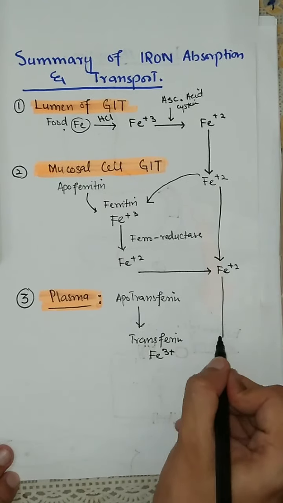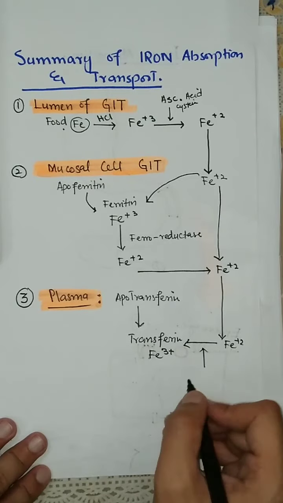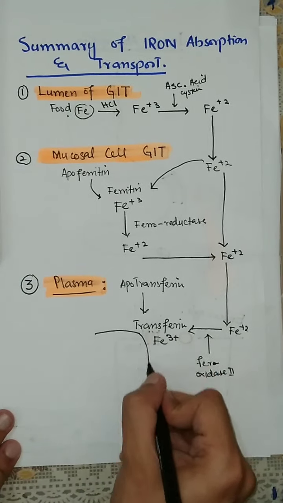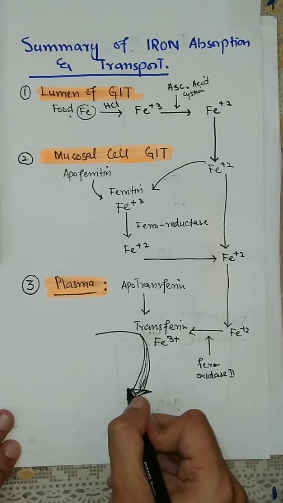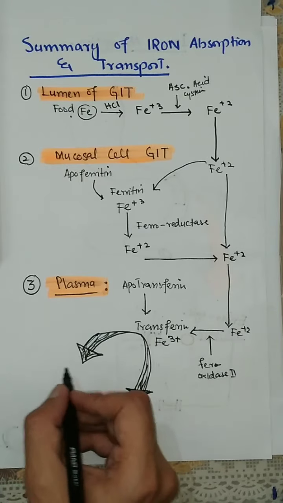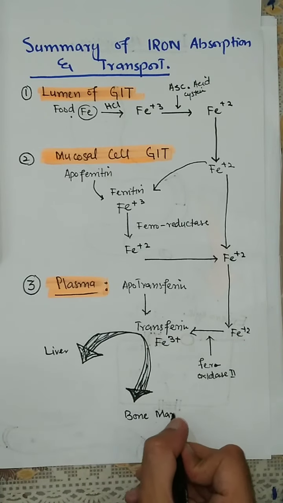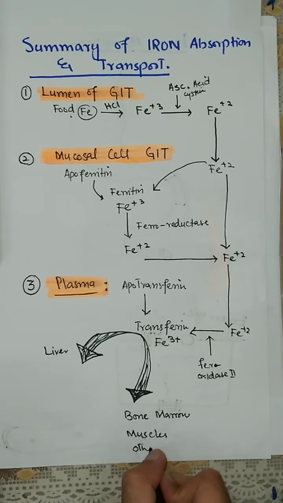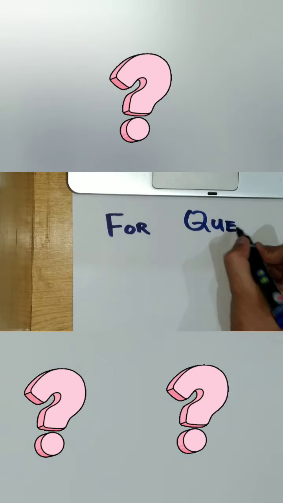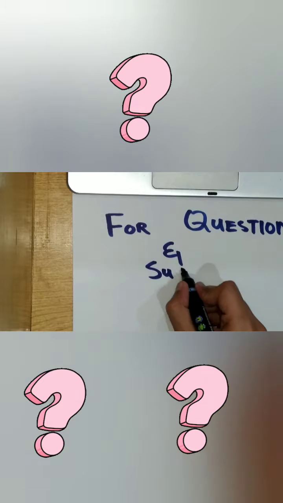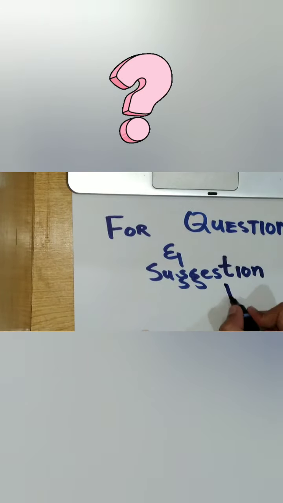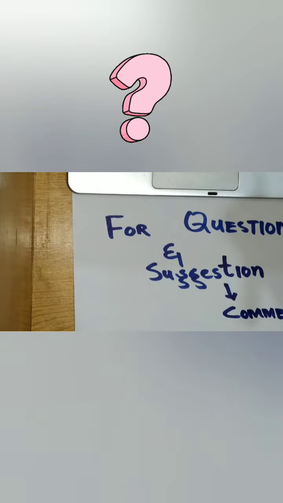The ferrous iron in the plasma is converted to ferric iron with the help of ferroreductase, which is transported with the help of transferrin, and then it is transported to different parts of the body like liver, bone marrow, muscle, and others. The most important factors which help in absorption of